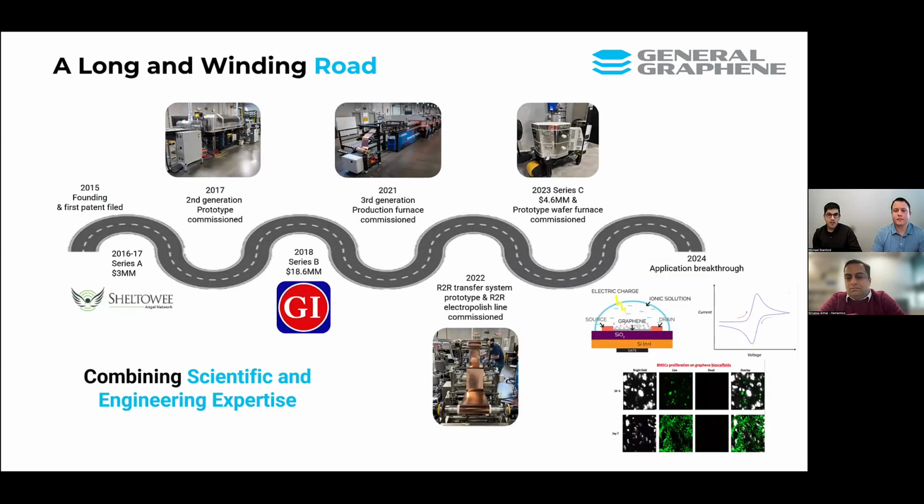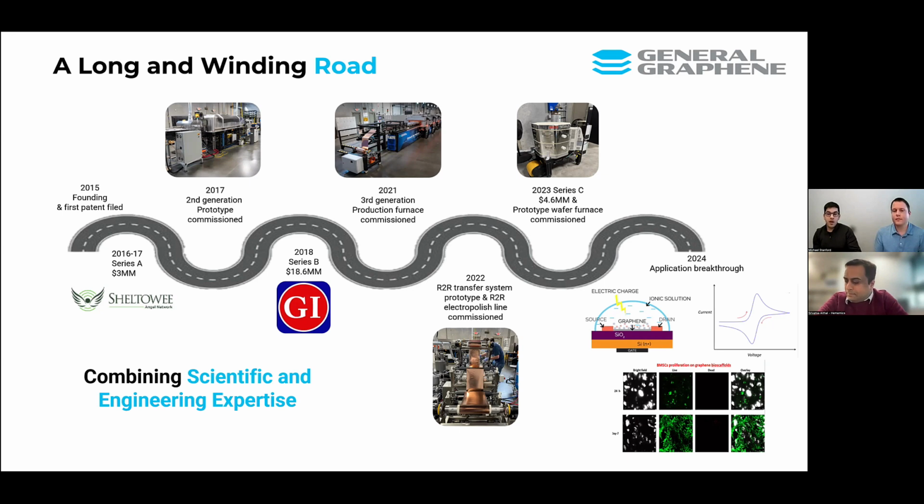So where has General Graphene been, and what has General Graphene's journey looked like in context to CVD? Really, we've been on a rather long and winding road that is focused on combining the science and engineering expertise behind making graphene and doing so at scale. This journey started with us being founded in 2015 and the first patent being filed,